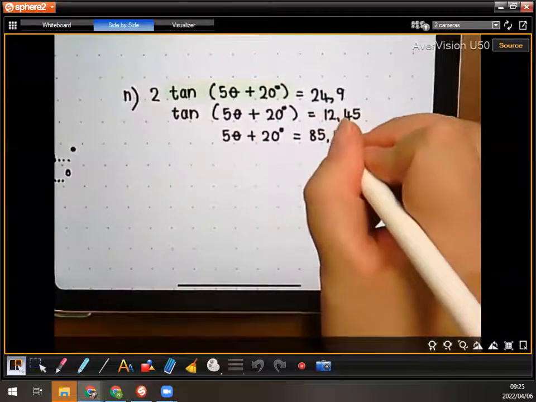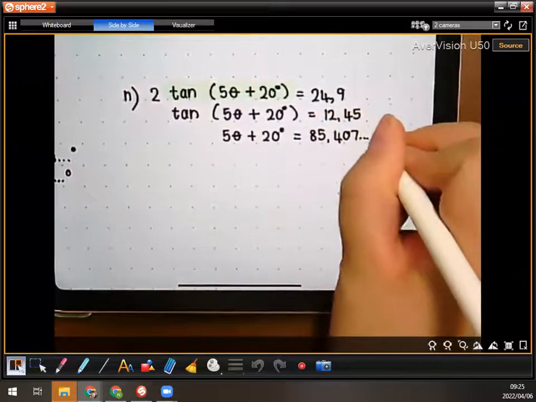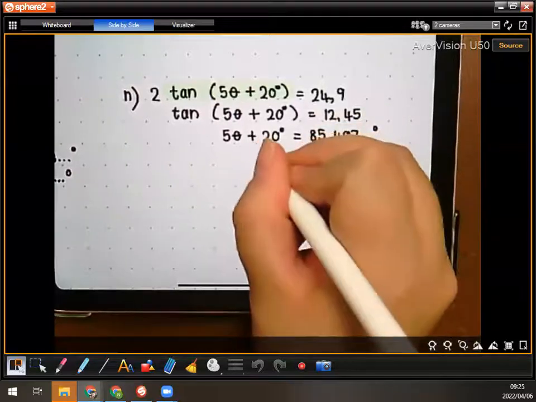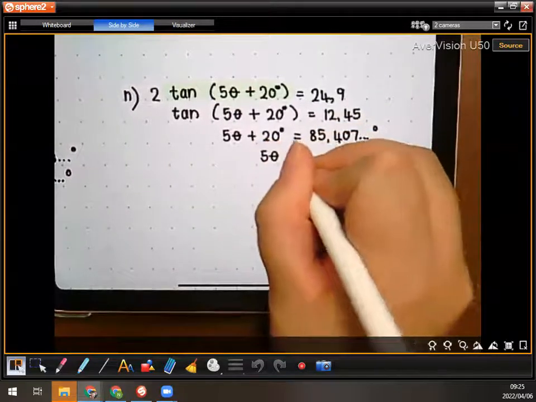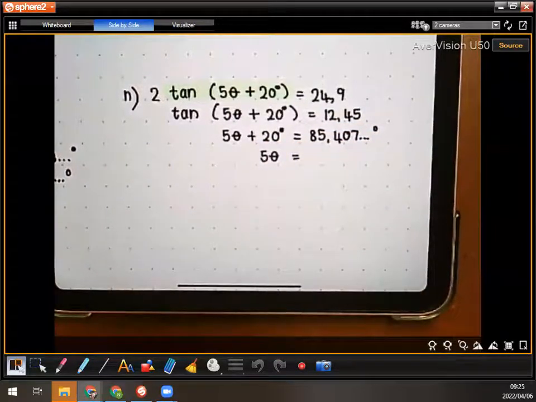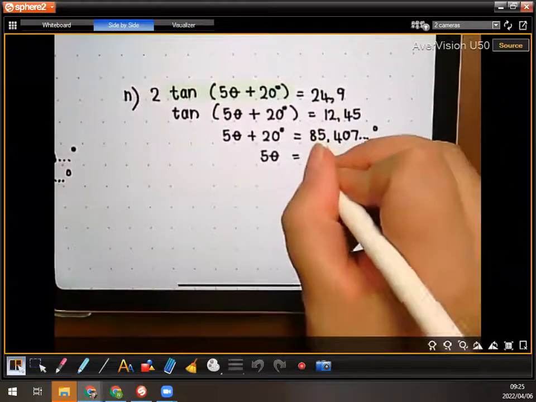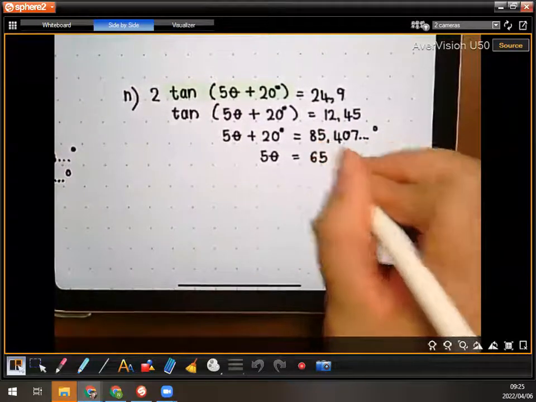You can't type in sec 29 because there's no sec button. There is no sec button, so you need to work with the reciprocal. Shift cos. Nope. One over the